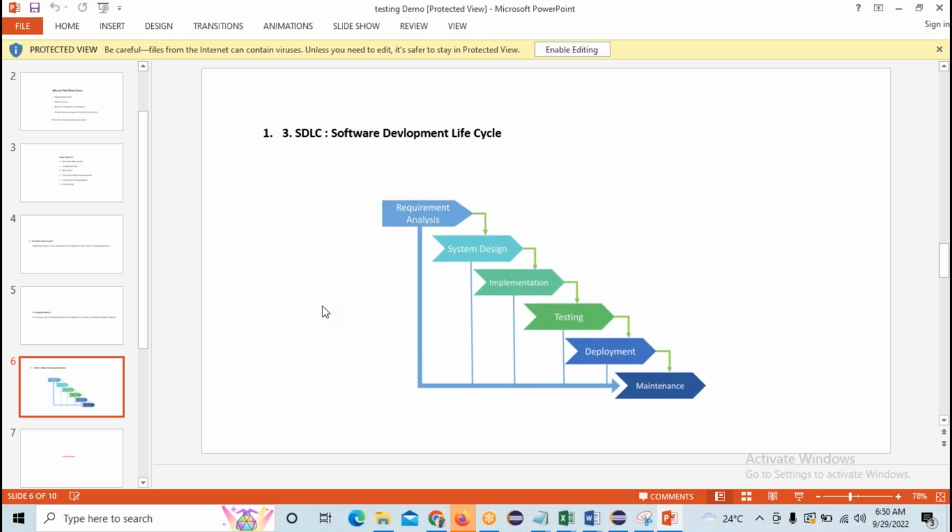For example, the developer designs a login page. What is the expected behavior of the login page? If you give the correct username and correct password, and click the login button, it should be redirected to the home page. Whatever the application is, if you give the correct username and correct password and click on the login button, you should log in successfully and be directed to the home page. This is the expected behavior. Is it or not?